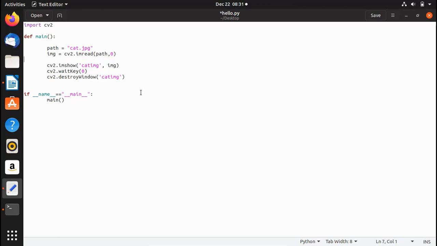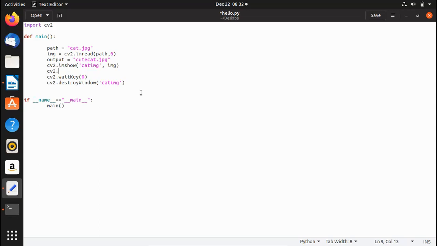Okay, so once I've read it, all I can do is that I can have the output image, or output is a variable, and in here I want to save it, or I want to write it by the name of something else, like let's say cute cat.jpg. Okay, so now if I go here, I have imshow, but after that what I want to do is that I want to write here